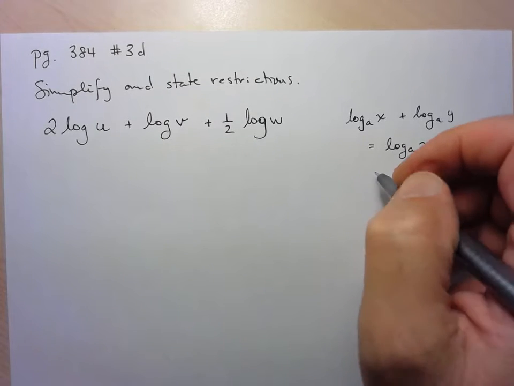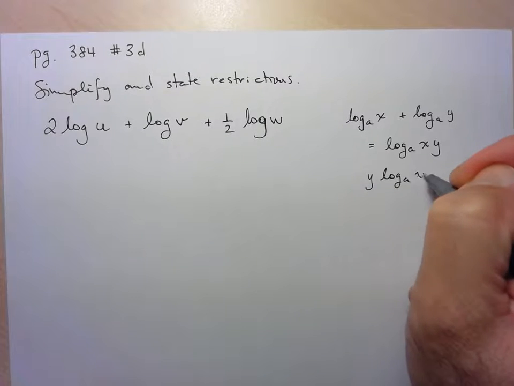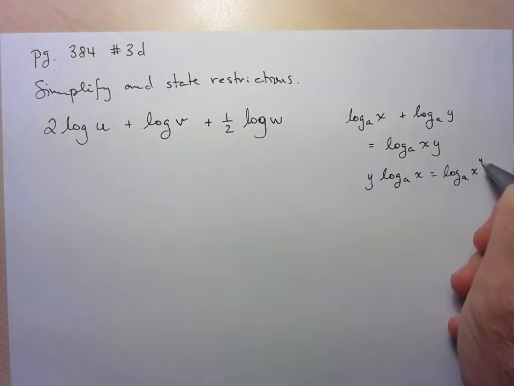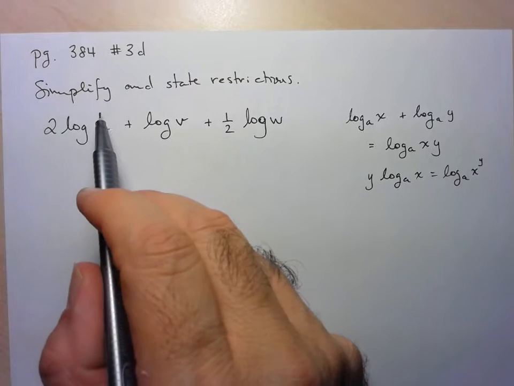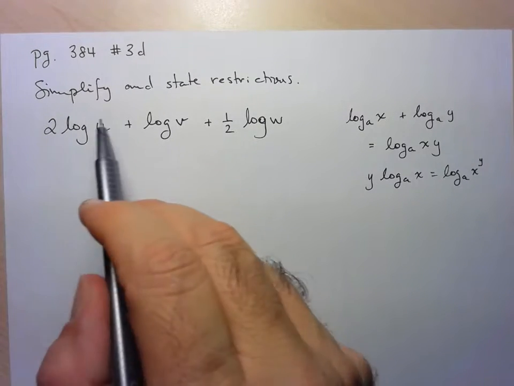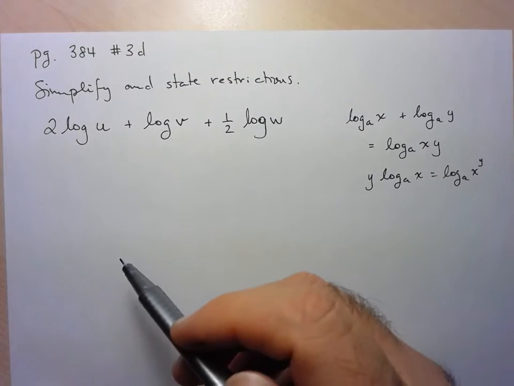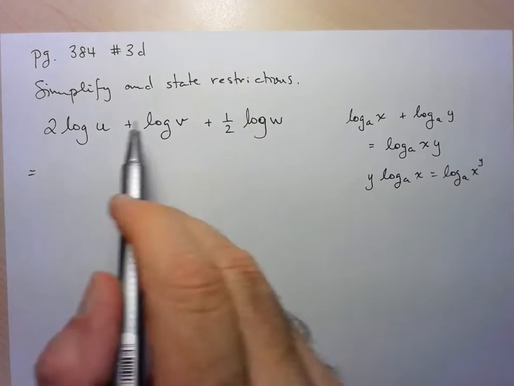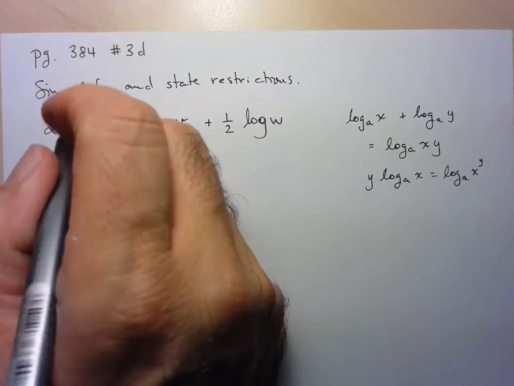Okay, because if I've got y times log base a of x, that's equivalent to log base a of x to the exponent of y. Okay, but what happens when I bring this up, if I use the reverse ski-slope rule, is that all of a sudden I'm going to be left with 2 logarithms, no coefficient. I'll be able to apply that first logarithm law. So the first step here is actually to apply the ski-slope rule both on the first and the last logarithmic expression. Okay, so this can be rewritten as log